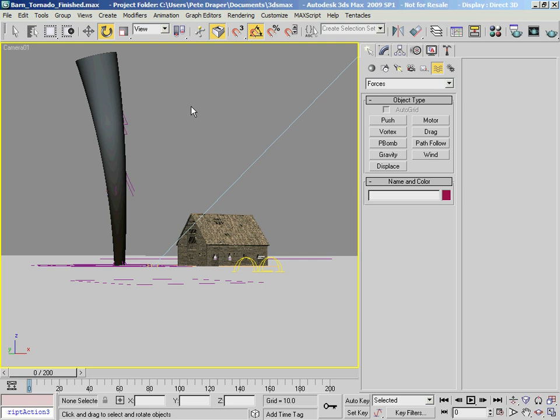Okay, with our system sorted out, what we can do now is go through and start designing the dust particle system that is going to be kicked up from the base of this funnel here, and also from the barn itself when the slats and the roof tiles start moving. Obviously there's going to be some small pieces of fragmentation, small pieces of debris and dust that are going to be nested between the slats.